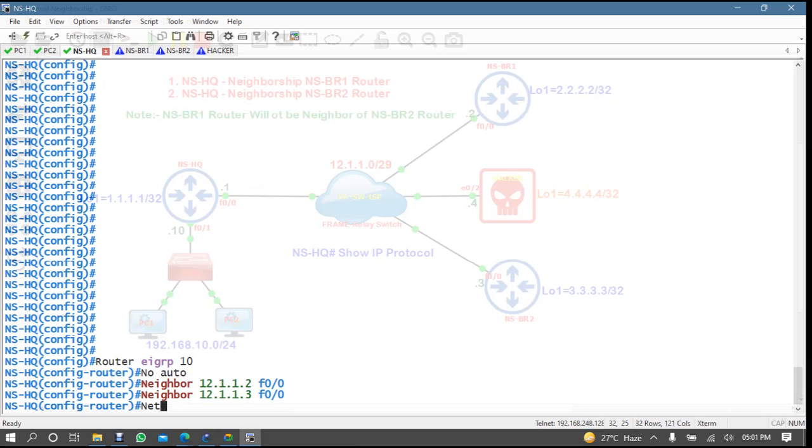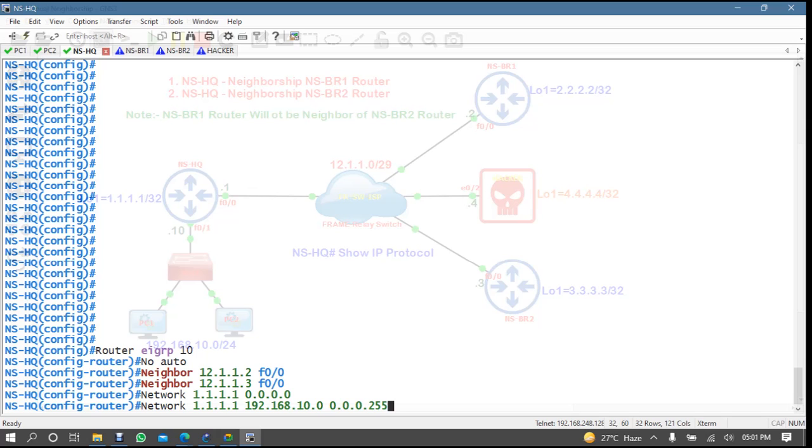Okay, I want to advertise some networks also. So I want to advertise 1.1.1.1 and 192.168.10.0 with wildcard 0.0.0.0.